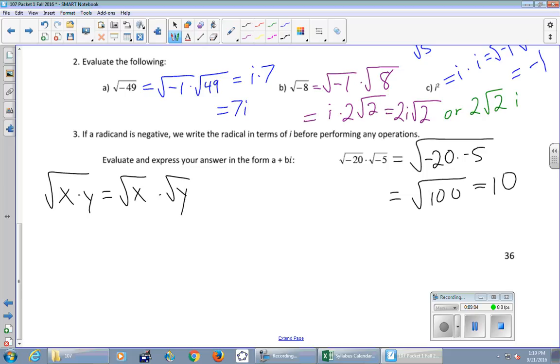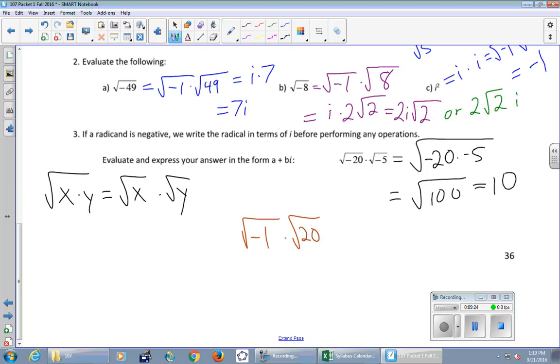The problem is that's not the right answer, and I'm going to show you what the right answer is, and then I'll show you where we went wrong. Do write this thing down. Square root of -20. We are every time now going to do that as square root of -1 times square root of 20. Fair?